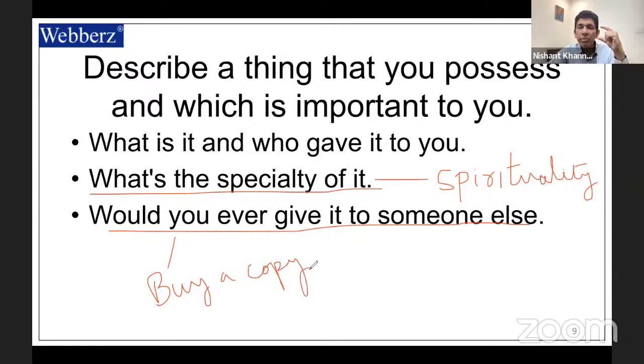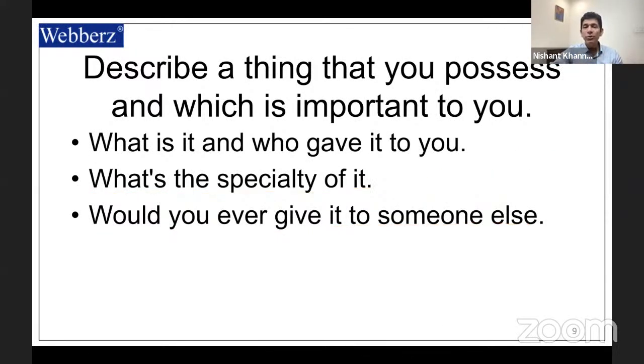Like you can say, I've got that miniature Guru Granth Sahib Ji, which was gifted to me, which is very precious for me. And I would like to purchase the same miniature Guru Granth Sahib Ji and give it to my friends on their birthdays, buy a copy and give it to them. Right? So, I have constructed a whole story around it. That is very important. Constructing a story is the most important thing in the cue card. Now I've given you a lot of ideas on how the object-based cue cards can be spoken.